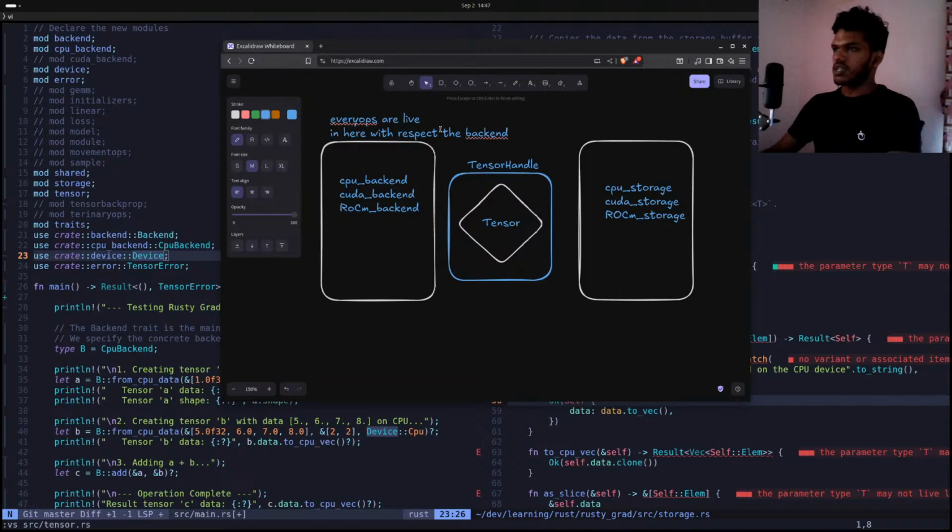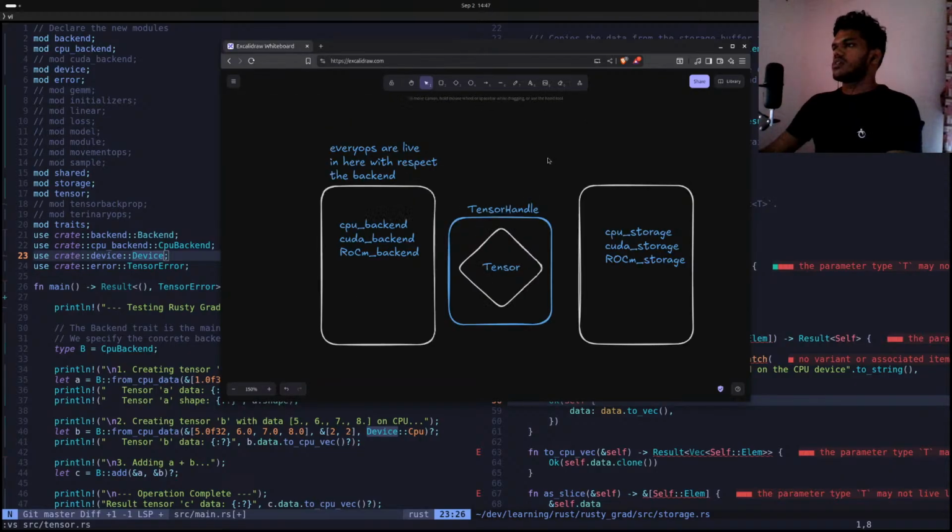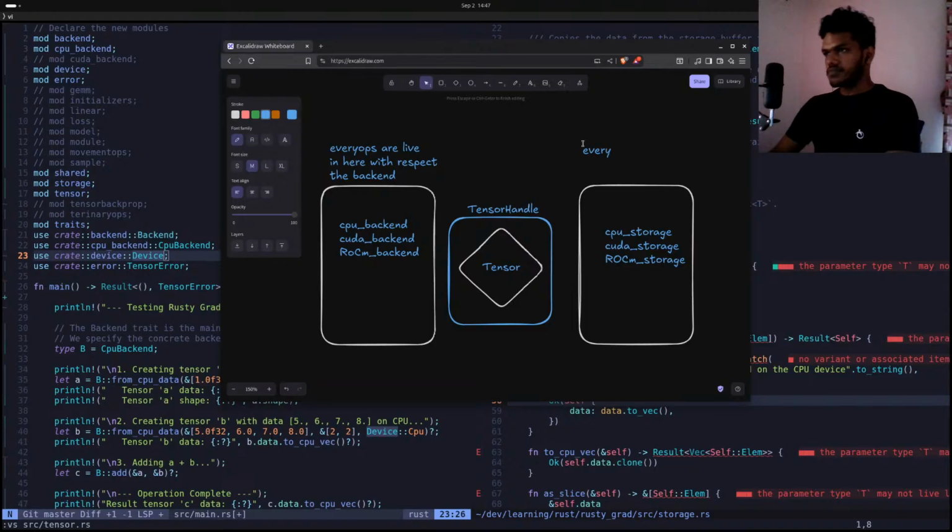You can clearly see that. And this is not ops but every creation API lives in